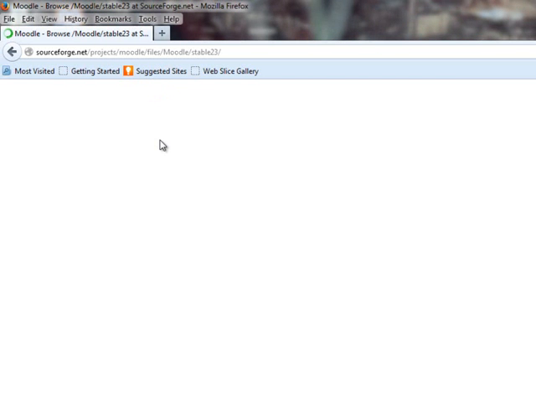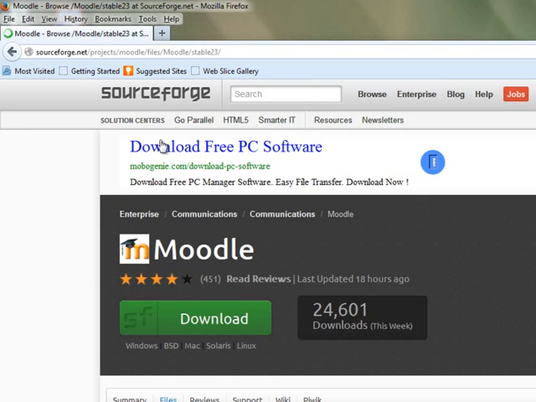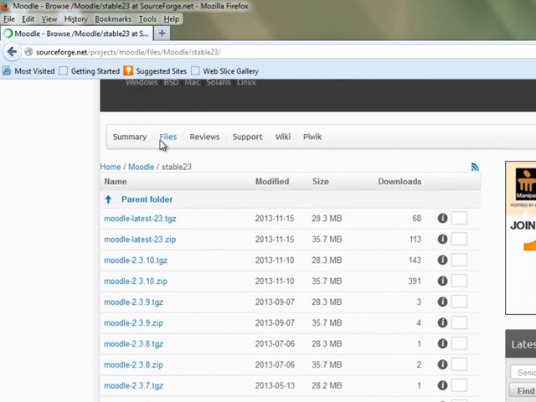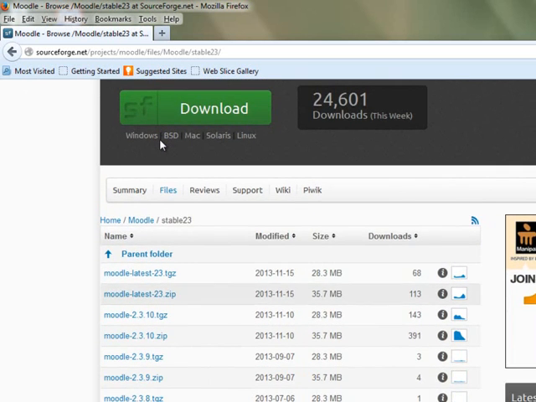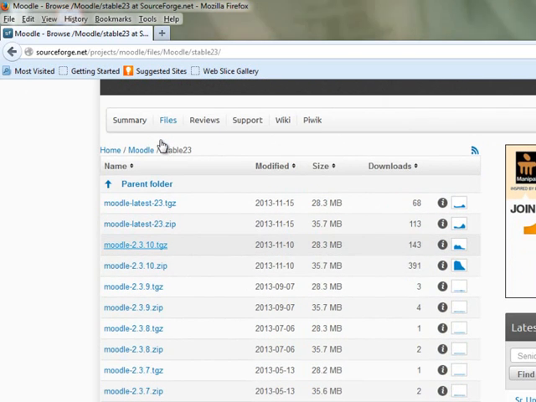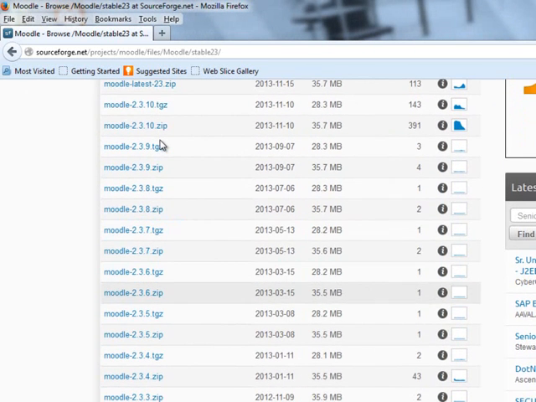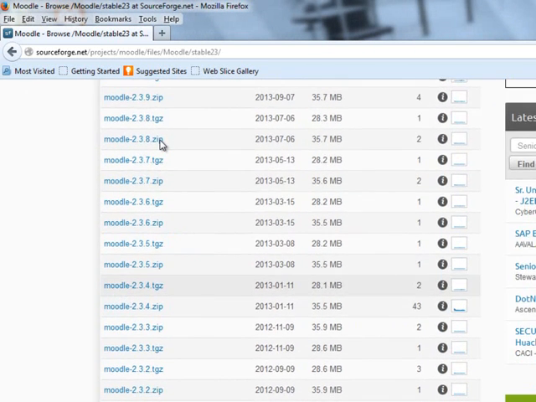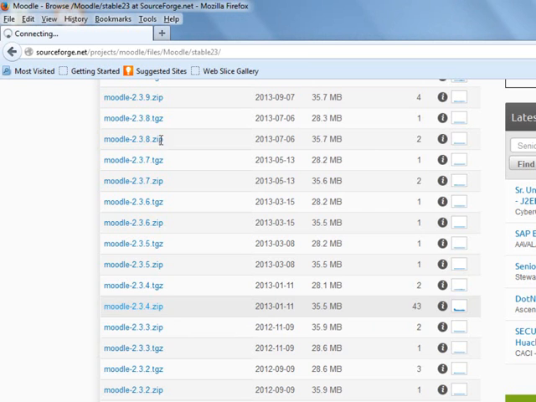I think the net is a bit slower. So it's showing here the list of different Moodle versions: 2.3.10, 2.3.9, 2.3.5, etc. From the list here, you select Moodle 2.3.4.zip. Again, I'm saying that it's Moodle 2.3.4.zip and the size is approximately 35.5 MB. Click on the link